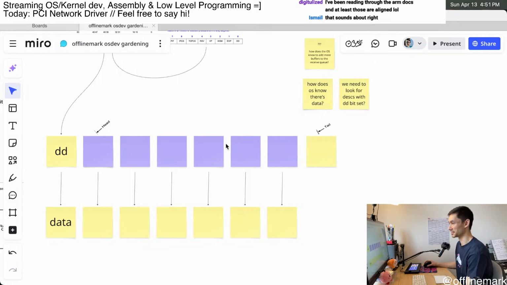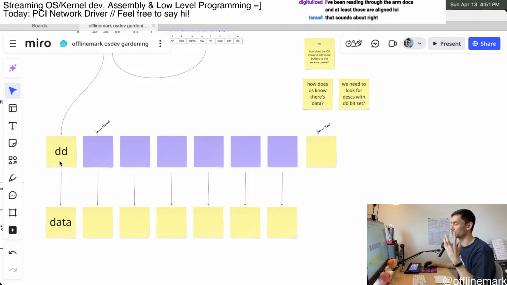It's probably going to be checking if the buffer is full. If the buffer is full, meaning full of empty packets, there's nothing to do. But as soon as the buffer is not full, meaning that there is data pushed in, we're going to do something with that data and then refill the